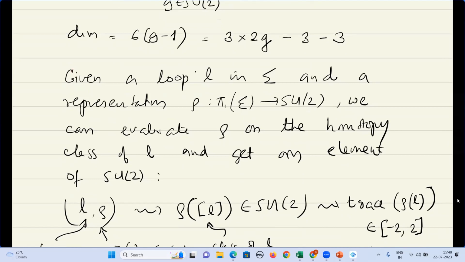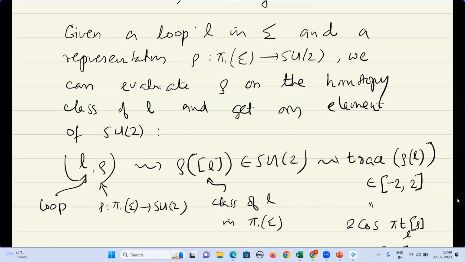So imagine that you are given some loop L on your surface. So remember, our surface in this case is this. I start with some loop. It could be one of these alpha or beta, okay? But it need not be. And supposing I'm given a loop and a representation, then we can evaluate the representation on the class of the